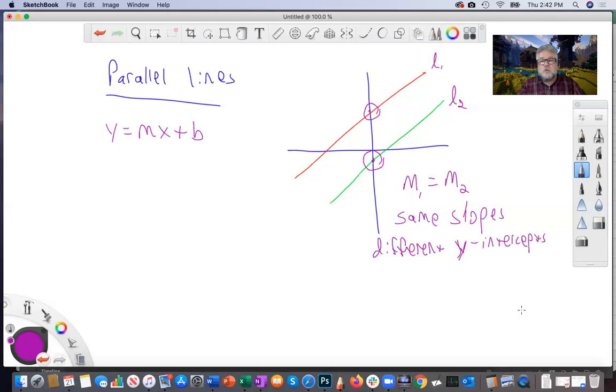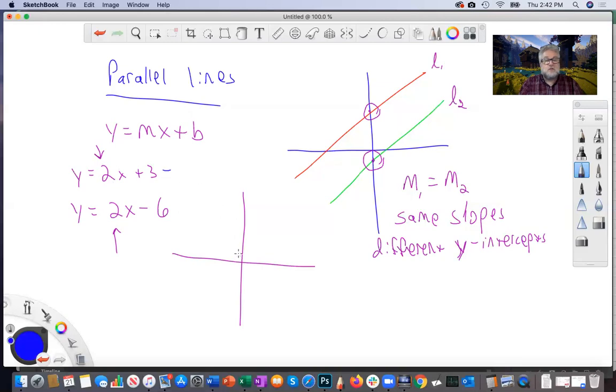And that's very important. So if I have a line y equals 2x plus 3, and I have a line y equals 2x minus 6, these are parallel lines because they have the same slope. And notice they have different y-intercepts. If I wanted to graph these two lines,